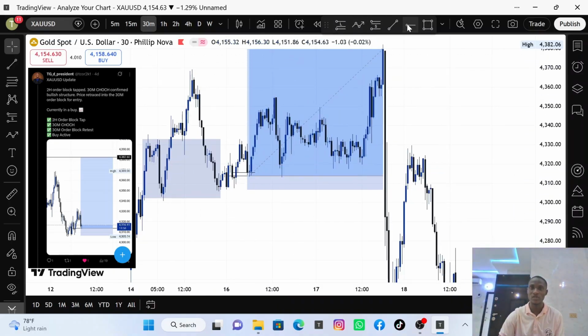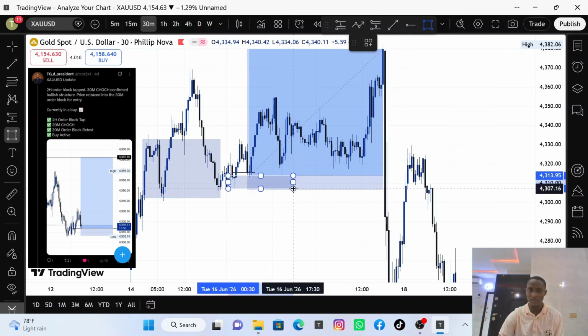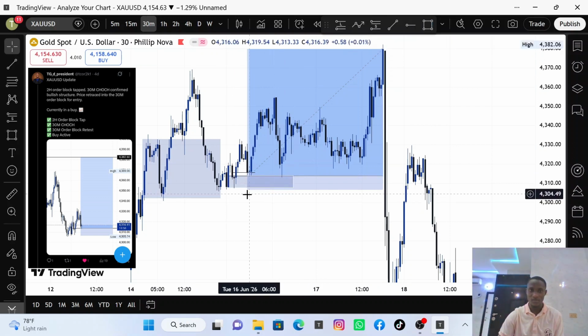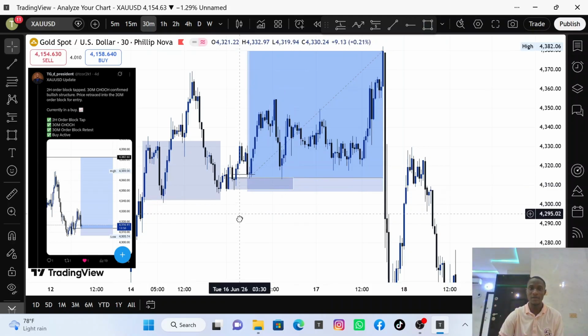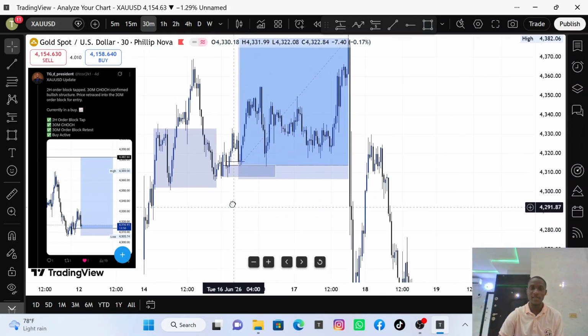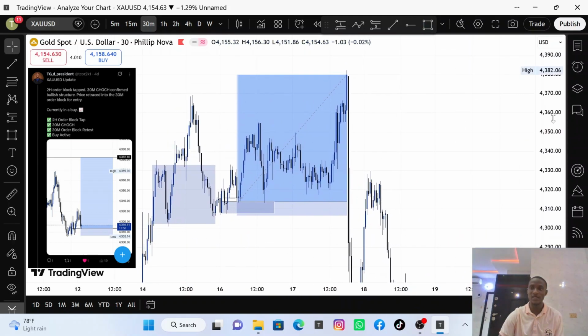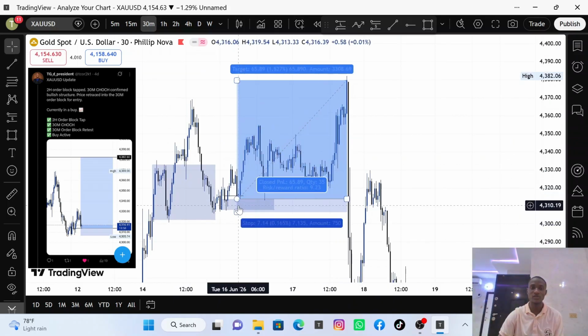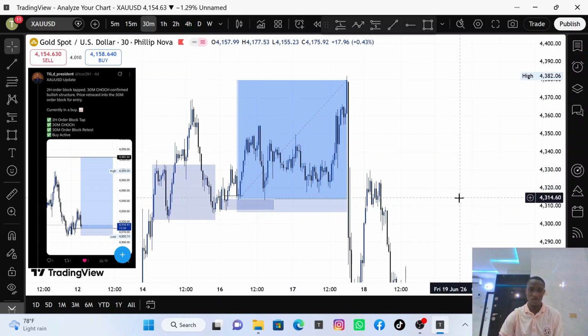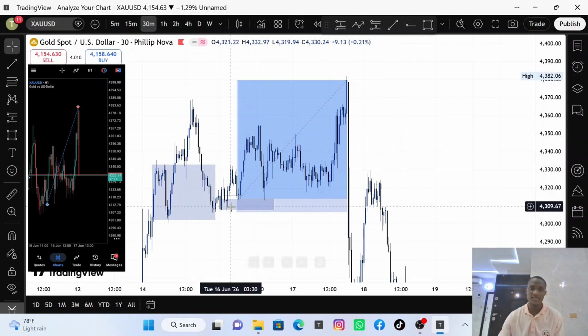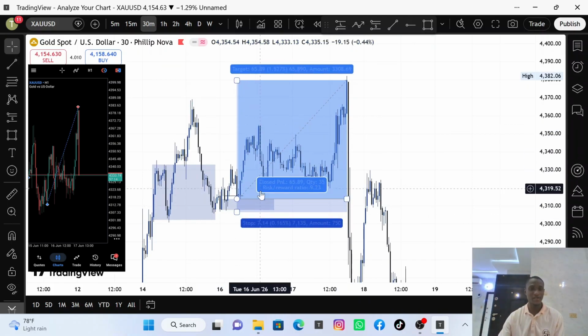Is to look for my order block to enter from. And as you can see, this order block here was the order block I mapped out, and as you can see, I waited patiently. I shared it on all my social media platforms that I'm expecting market to buy from here, and all I did was wait. As you can see, market came, tapped my entry, went halfway, and came back to my entry again